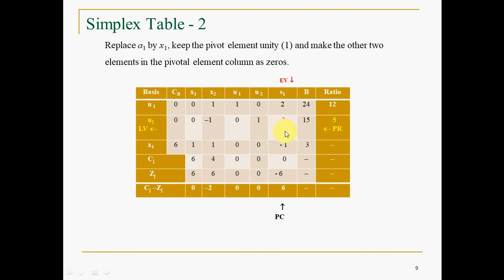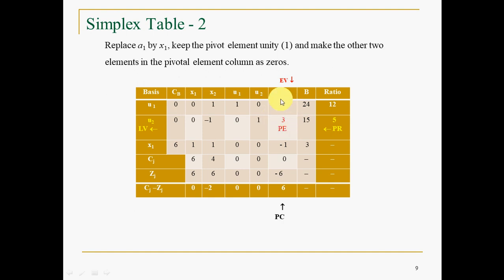I mean divided by 3 if you make it minus 1 plus 1. So then this one also you can do it. So always you operate with respect to the pivotal element row, not with respect to this, preferably. You can do that, but it will simplify your job. If you operate how to nullify or how to make this 0, this is 2, and this will be 1 once you make it 1. So this minus 2 times of this, that is R1 minus 2 times of R2, you have to operate.